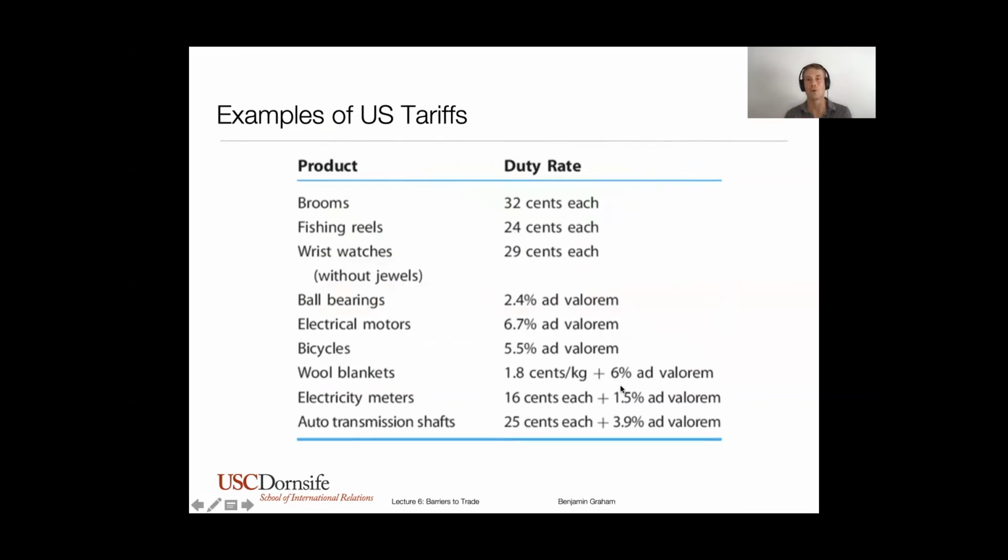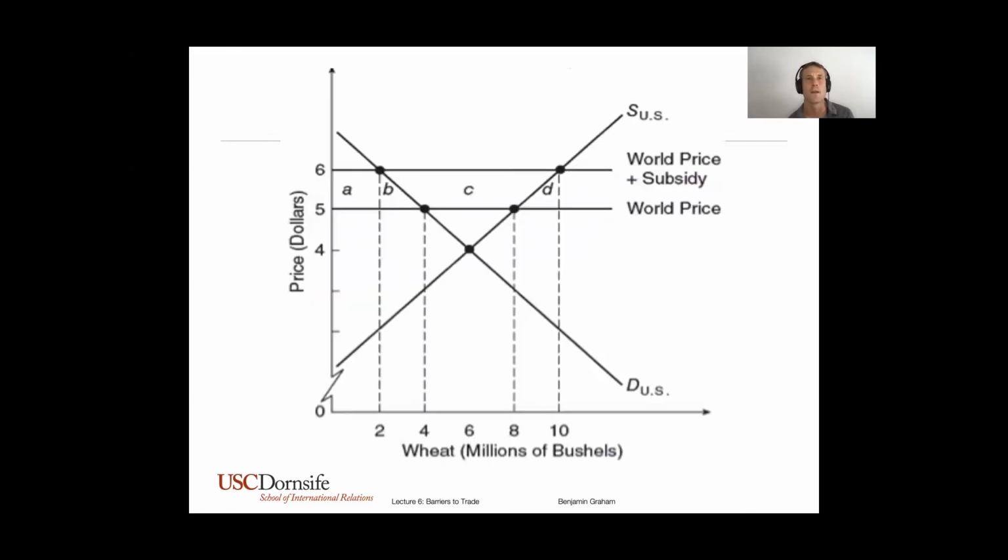So an ad valorem tariff is a percentage of the price. Like bicycles at this time were taxed at 5.5% of their value. Wool blankets, it was 1.8 cents per kilogram that the blanket weighs, plus 6% of the price of the blanket. It gets super precise here. So tariff policy is very down at the line item, very narrow categories. Okay, so that's tariffs. Now let's move on to